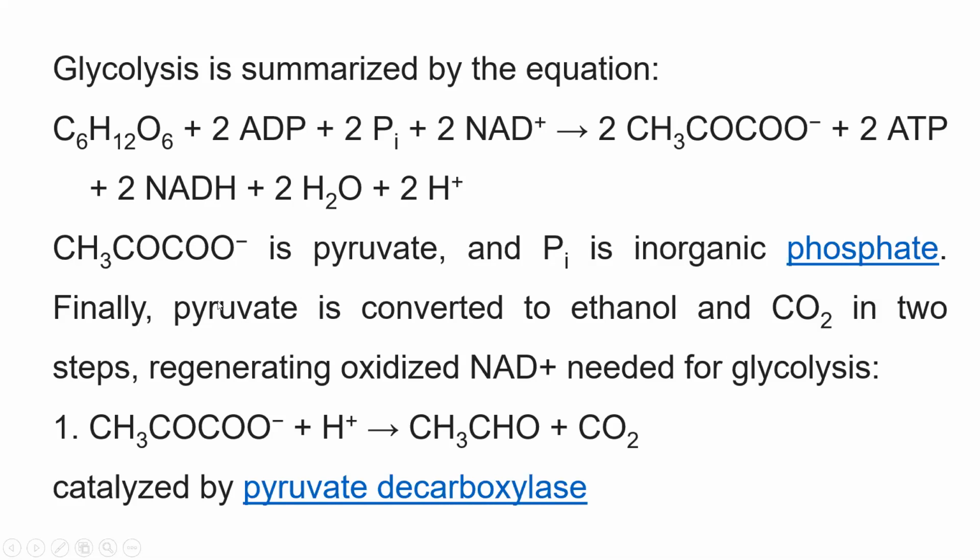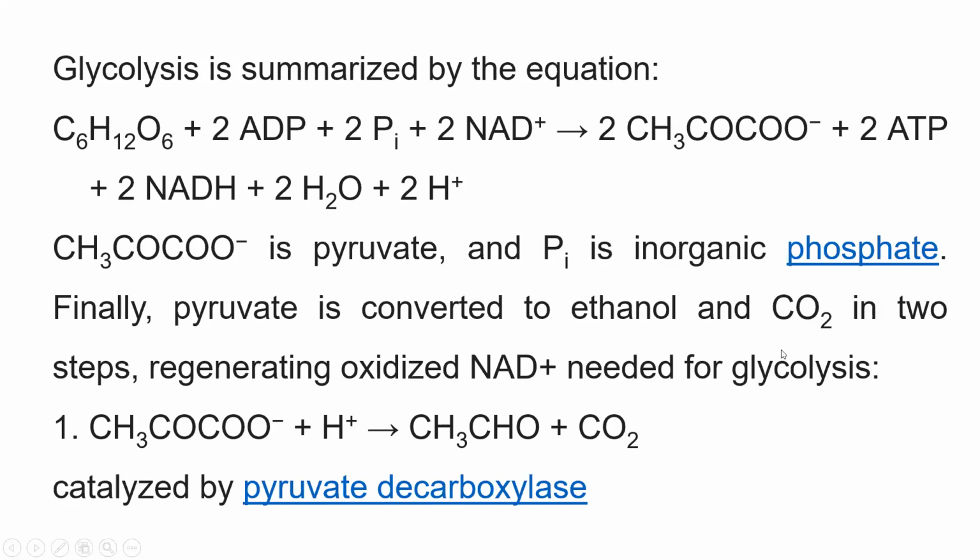So finally pyruvate is converted to ethanol. In the Krebs cycle, from pyruvate you get the acetyl CoA, and this acetyl CoA combines with oxaloacetate to form citric acid, and it moves in the Krebs cycle. But in the alcohol fermentation process, the pyruvate is not entering into the Krebs cycle. Here the pyruvate is getting converted to ethanol and carbon dioxide in 2 steps, regenerating oxidized NAD positive,